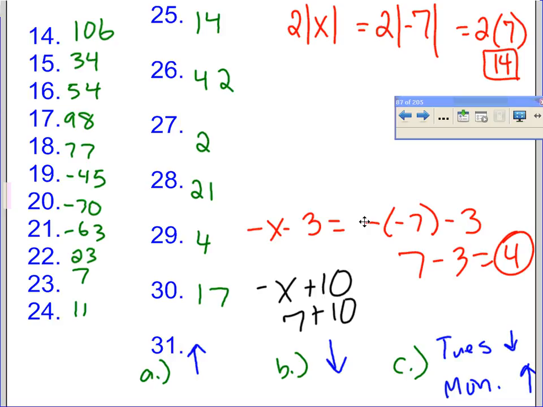What is the opposite of -3? What's the opposite of -3? Annalise? Good, positive. The opposite is always the opposite sign of whatever that number was. Okay? All right. What is a